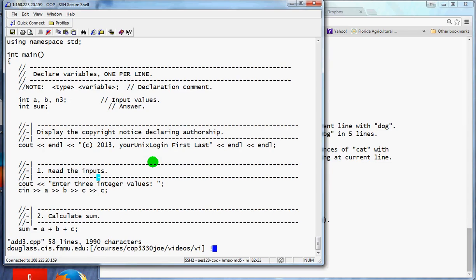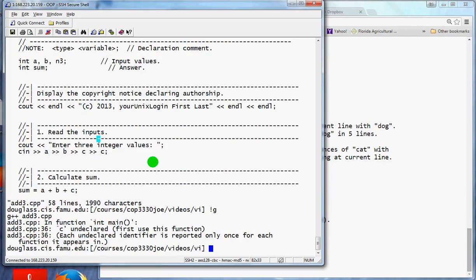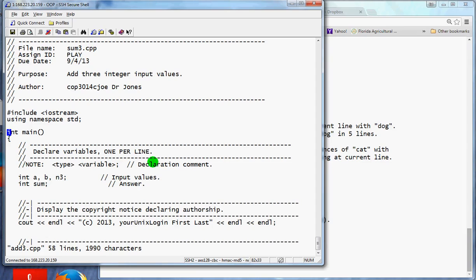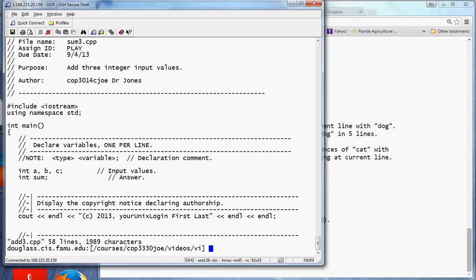We're going to try to compile it again, see if it works. What happened? I never replaced it here. So I need to see. And that's that. All right. With that, we're going to